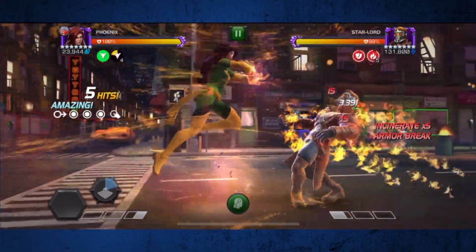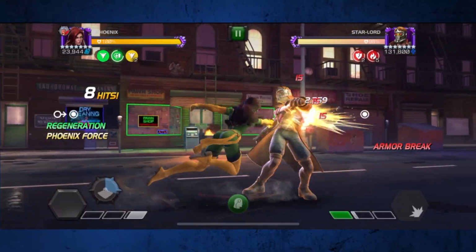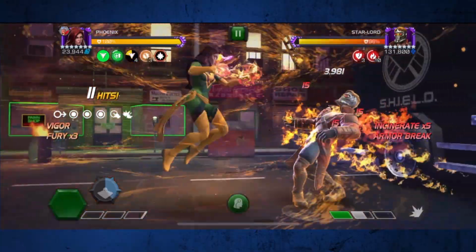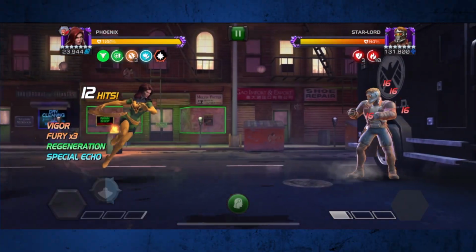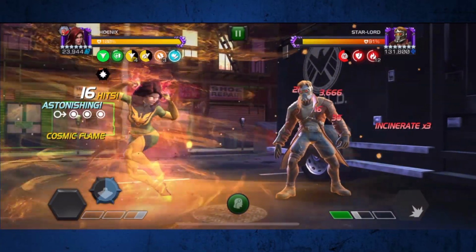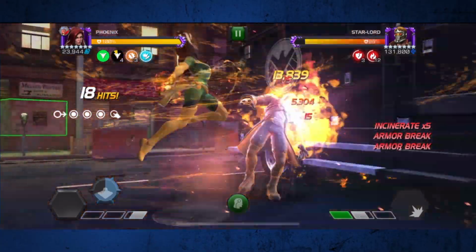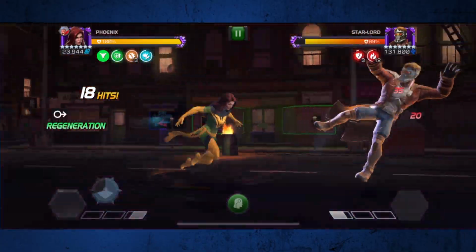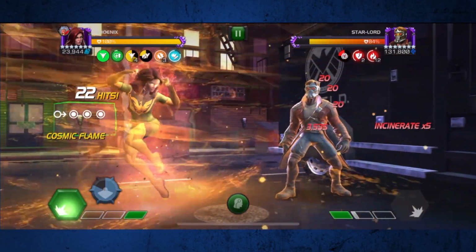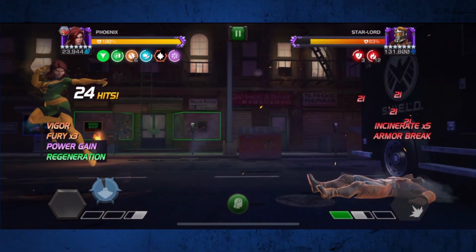in this video. Do your basic combos, allow your heavy to fully charge to get the maximum amount of incinerates, get those armor breaks placed, cancel into your special 1 that gives you your first 3 Furies and your first special echo buff. From here, continue to place new incinerates, which also places those instant incinerates. Fire off your second special 1, and then because you have that special echo, it's going to give you the